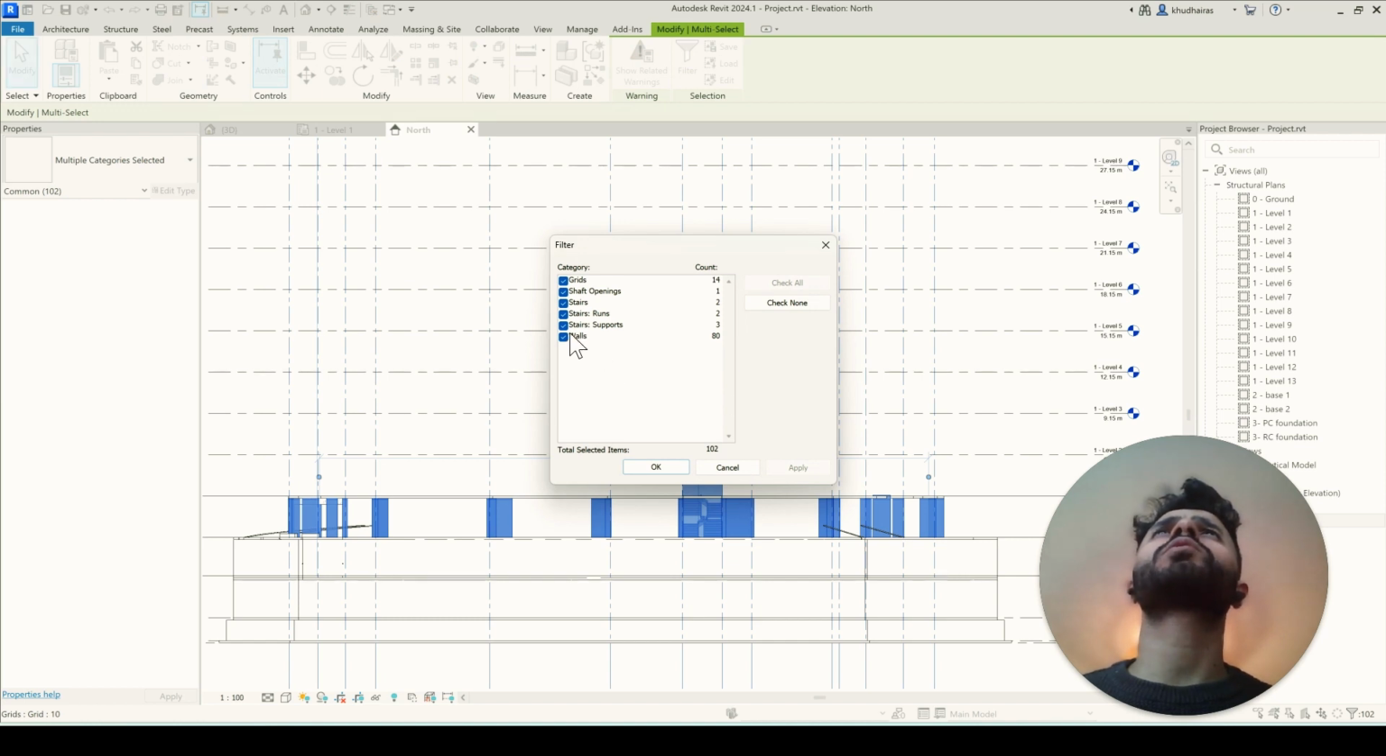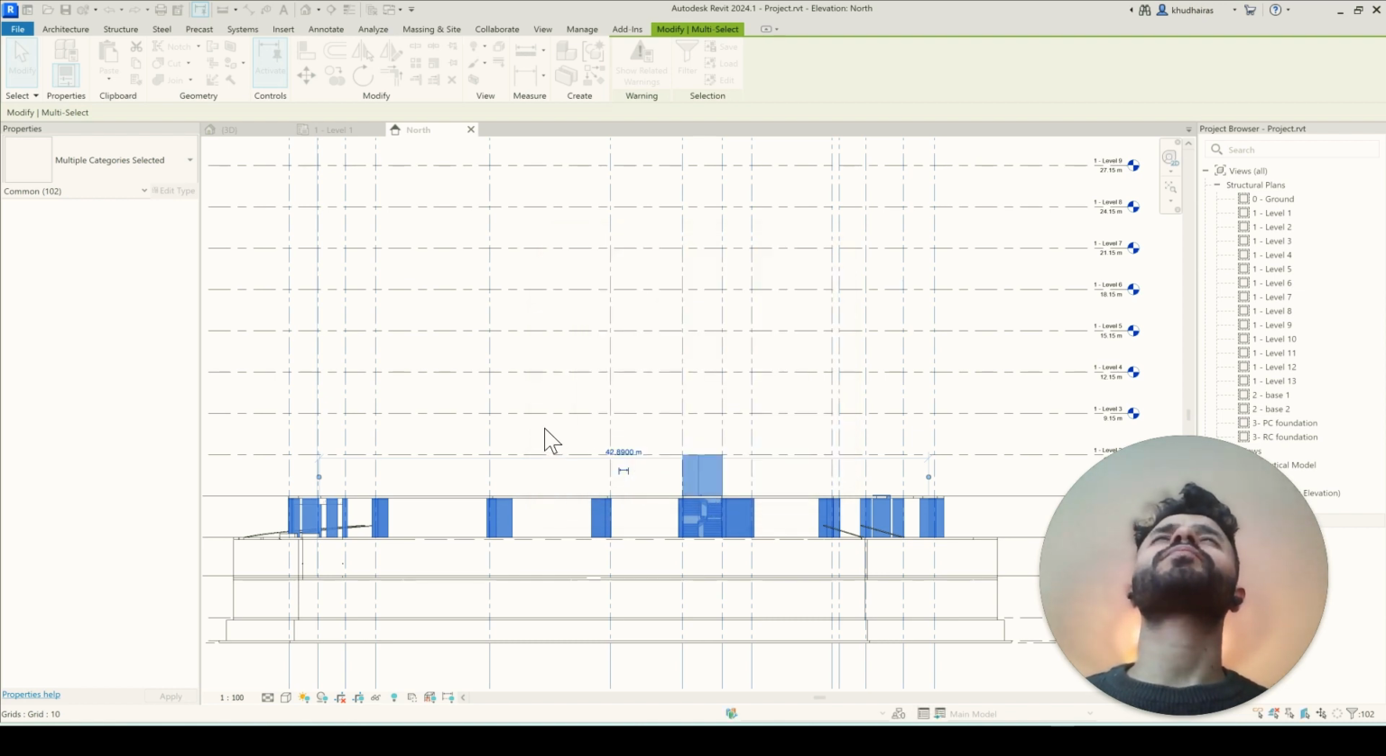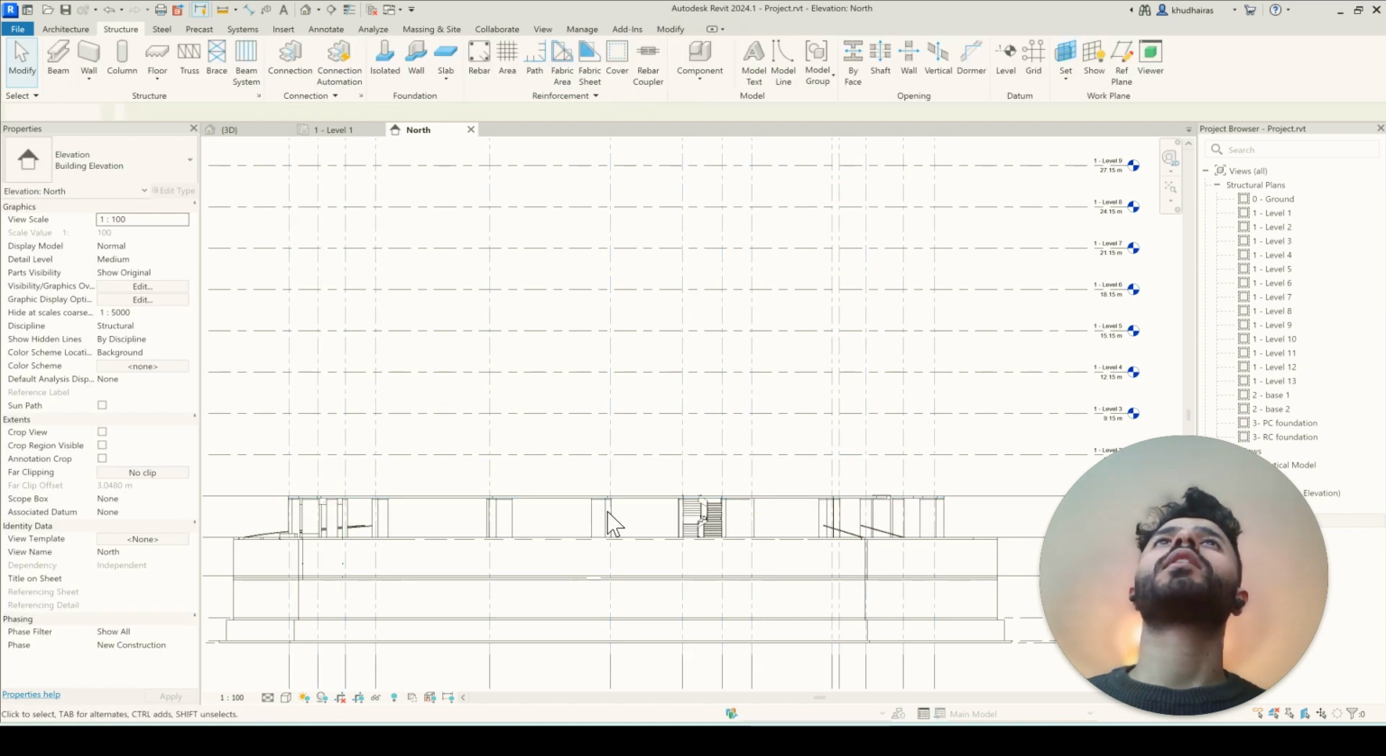So we have walls, stairs, stair runs, stairs. The shaft opening we don't need, it's already on there, and the grid we don't need either. So we have these elements selected, and what we need to do now is